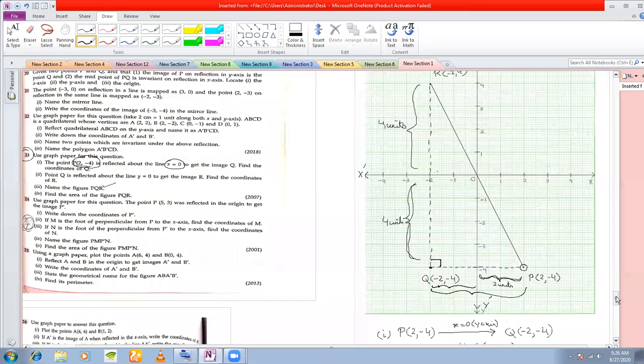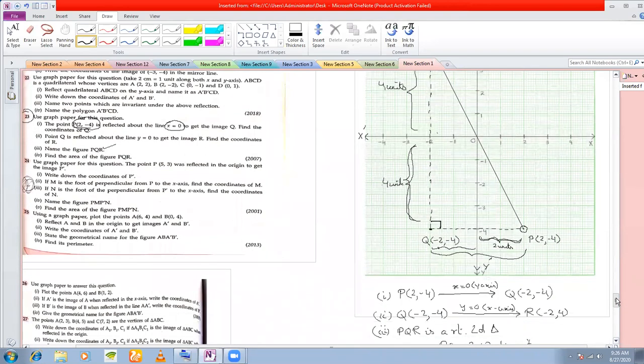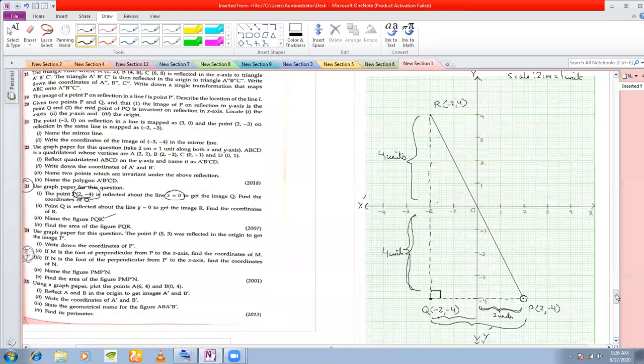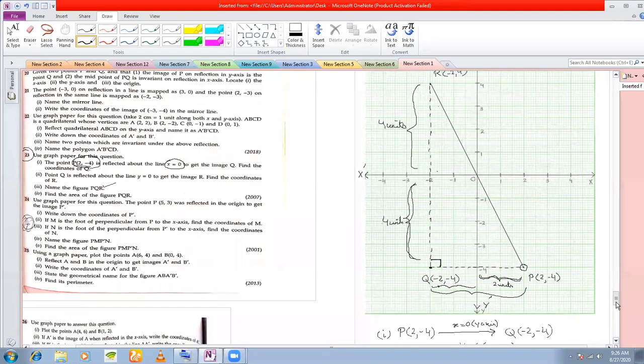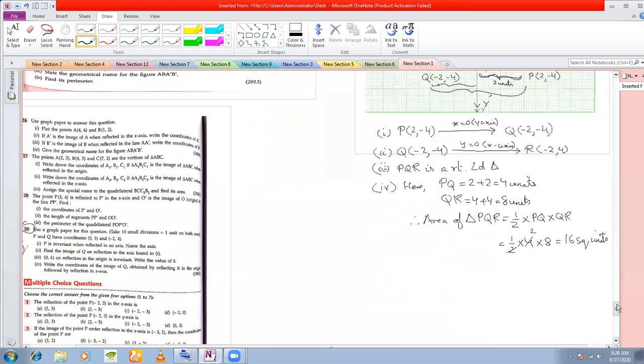Sir, let me copy the sum. If I have any problem, I will ask you. And finish in 2 minutes, because whatever time is left, I want to finish the third problem also. This third problem is not too easy. Sir, you show this. So the graph is done. I want to do the sums. Yes, sir.